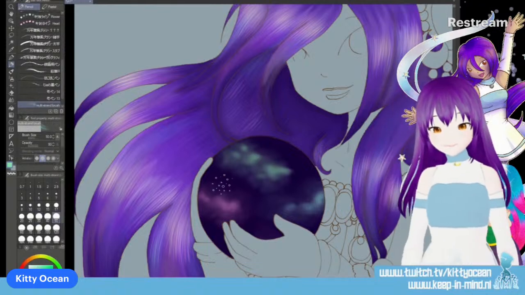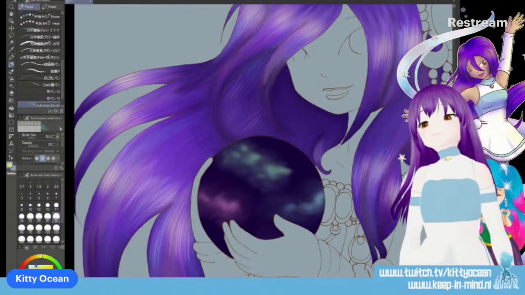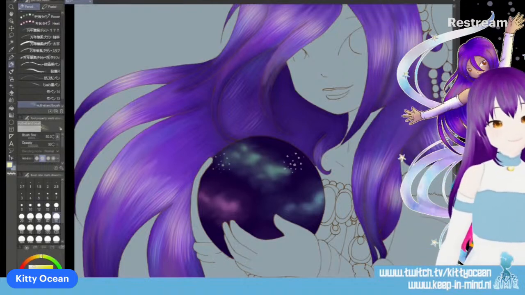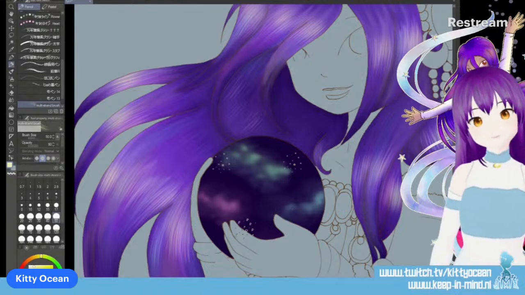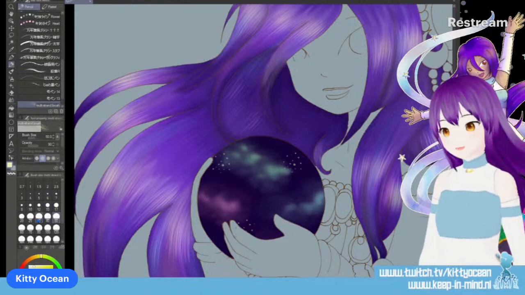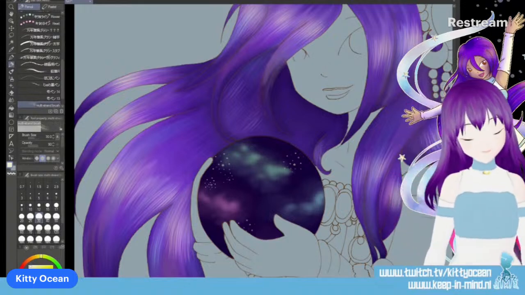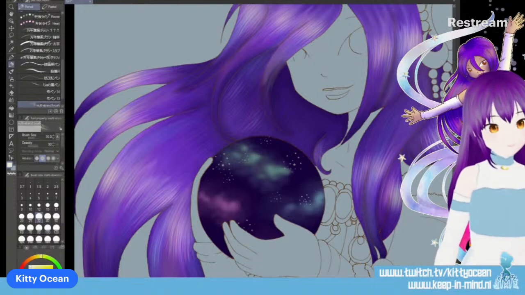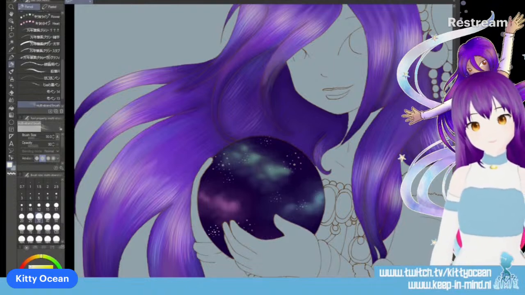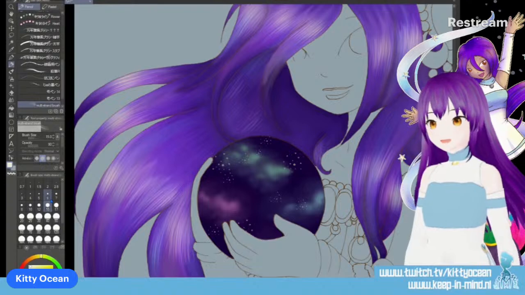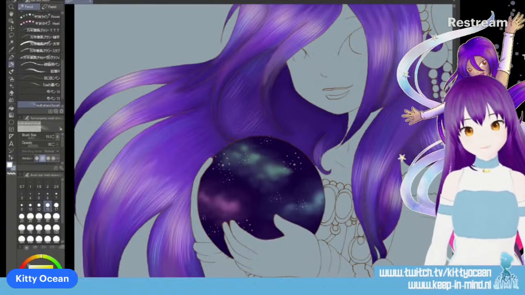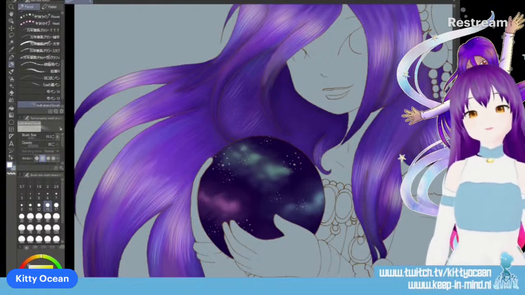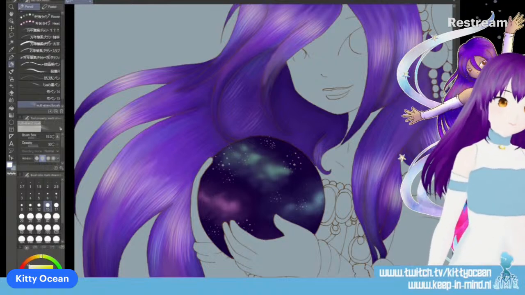Because technically, that's a few big clusters, and then we're going to make a few smaller ones. And even smaller ones. Because when you're in a galaxy, there are a lot of stars.